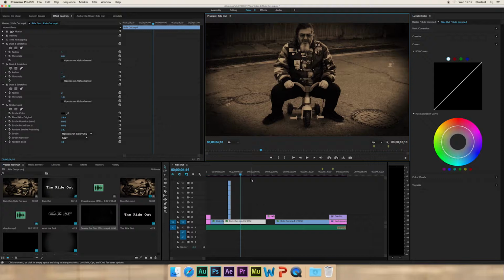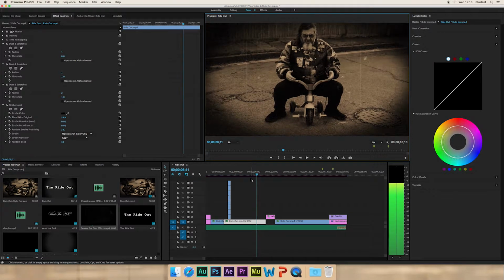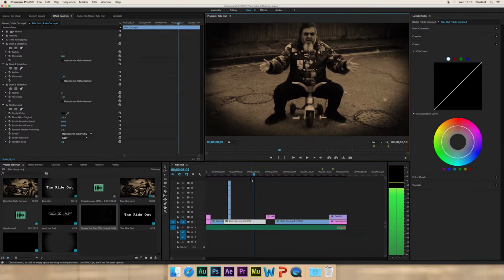So the actor then looks down to almost say, what is this? Which is emphasized in this next clip. So if you look right here,